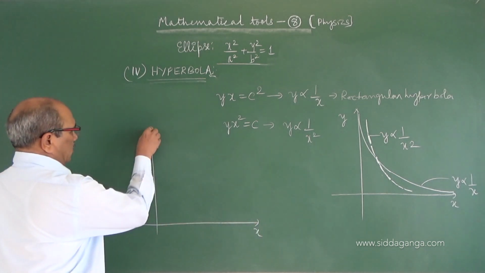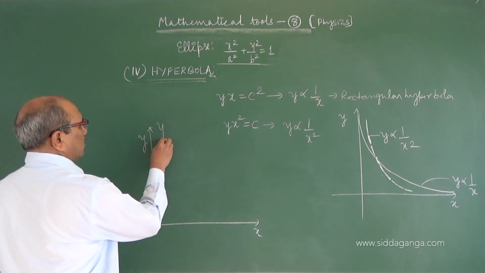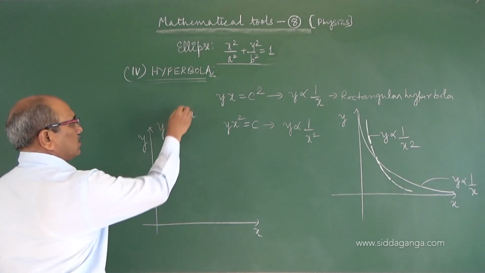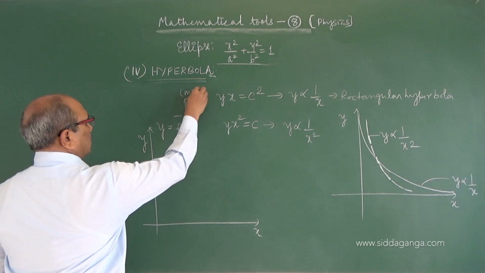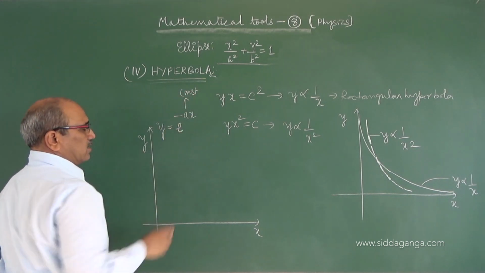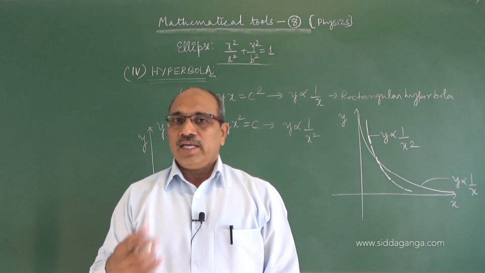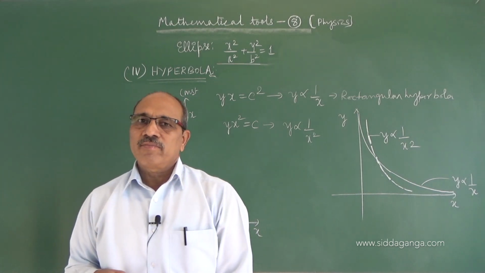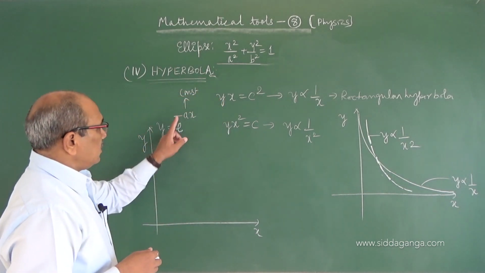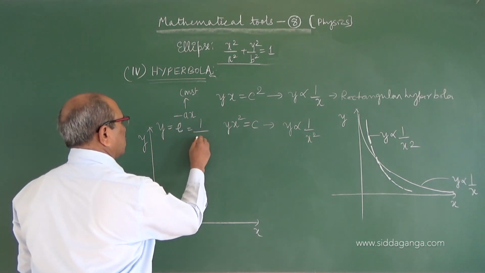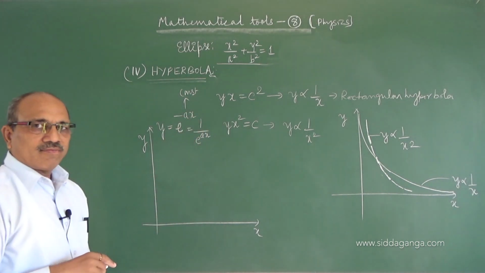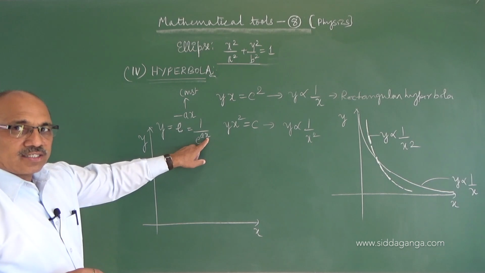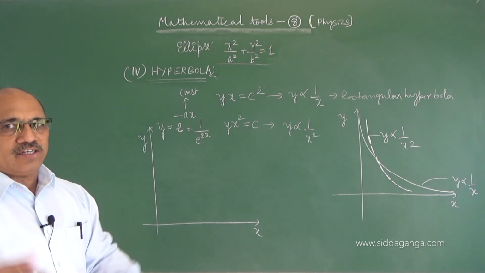x versus y. If you are given the equation y is equal to e power minus ax, a is a constant, the e term is what we call an exponent. Exponent, fast rate variation, the exponent term we use in mathematics. So the minus sign indicates, otherwise I can write it as e power ax. Exponentially the y value is decreasing as x goes. Exponential means very fast, of large magnitude.